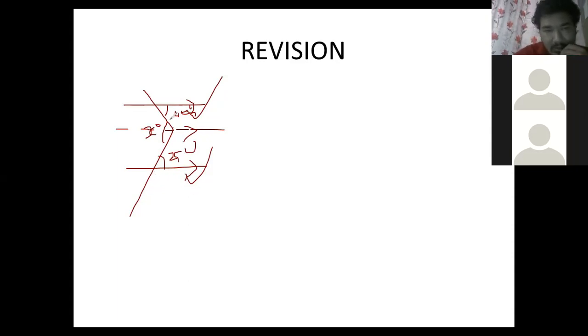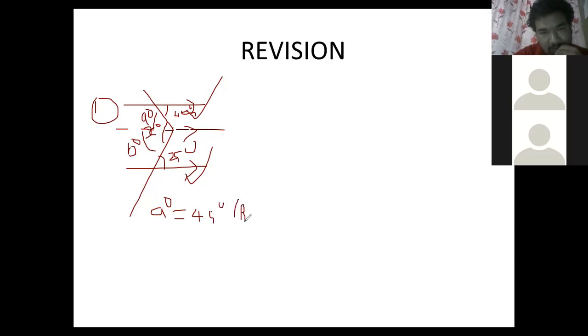Okay, children, here this was the question, first one. And we found, I told you to write this one is A degree, and this angle, I told you to suppose this lower one is B degree. Right? First step, what is A degree equal to? 45 degree, being alternate angle.